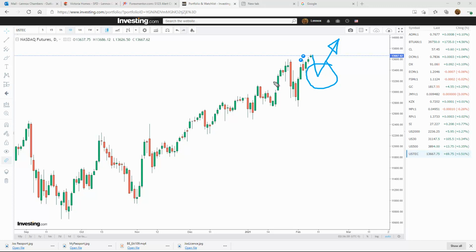So that's a look at what's setting up for this week. So pay attention to the US dollar if you're playing the majors,